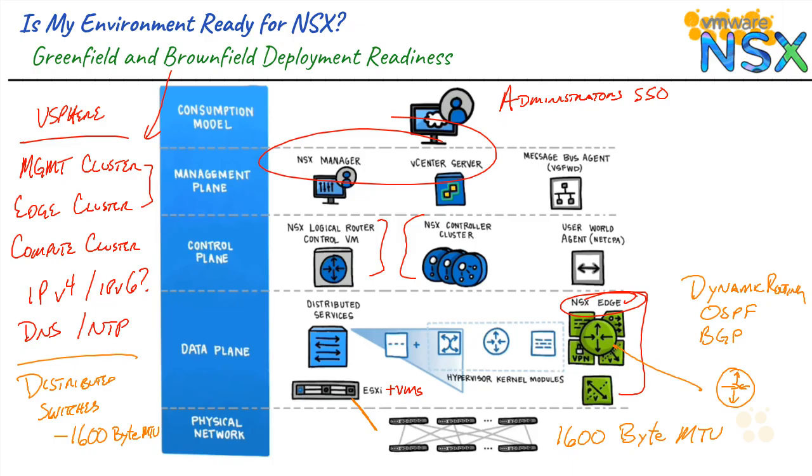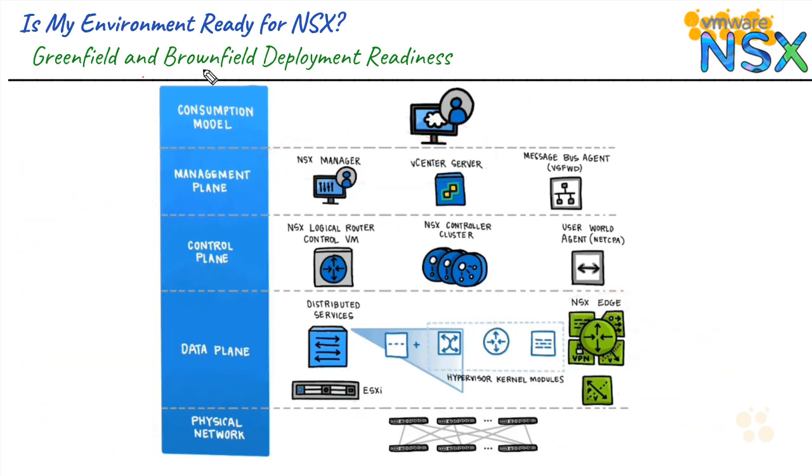One little side note about that dynamic routing support: if we're talking about a distributed router, it can only support OSPF or BGP, but if we're talking about an edge router, it can support OSPF and BGP if desired. Now, the last couple of things to think about in terms of brownfield deployments, again, we said that our cluster configuration may need to change as we think about compute versus management versus edge device clusters